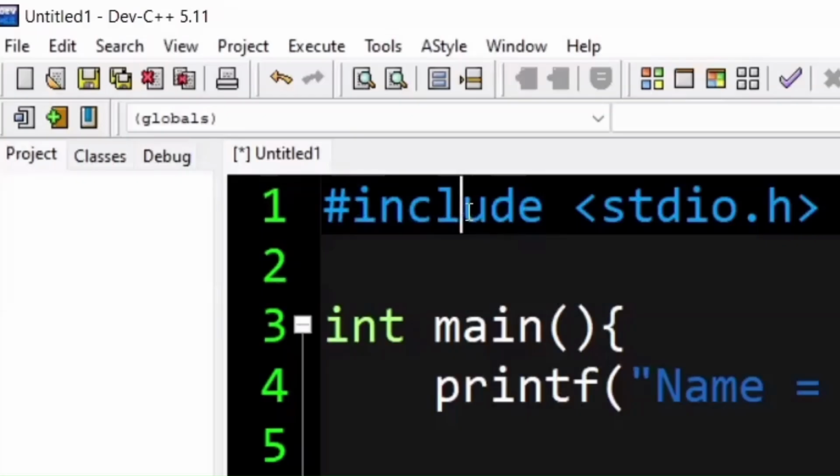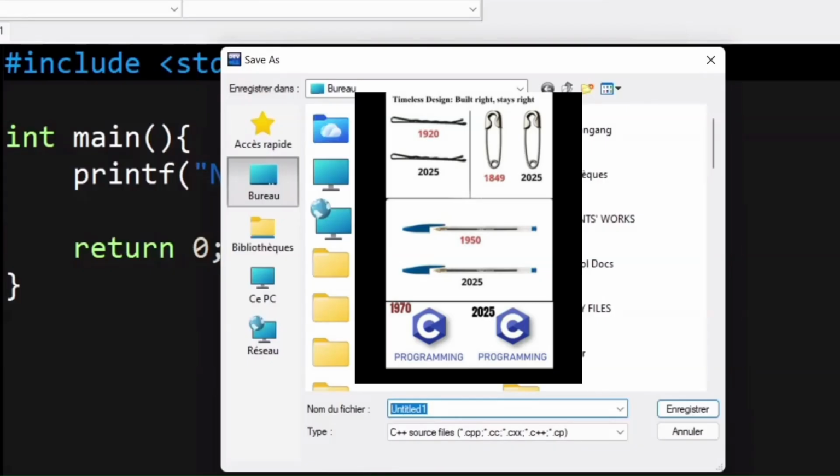In order to run this program, we can go to our taskbar up here in Dev C++, and the first thing we will need to do is save the program. I will click on this save icon here, or if you are using Windows like I am, you can simply use the keyboard shortcut Ctrl+S, and if you are using Mac, it is going to be Command S instead. So I will save this, and I am asked to give a name for the file. I'm going to call this C-tutorial,